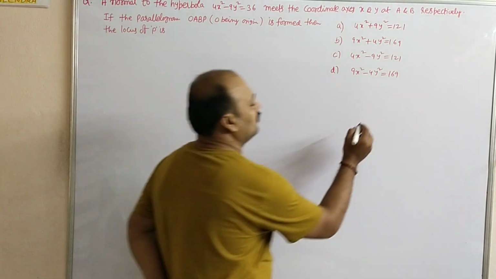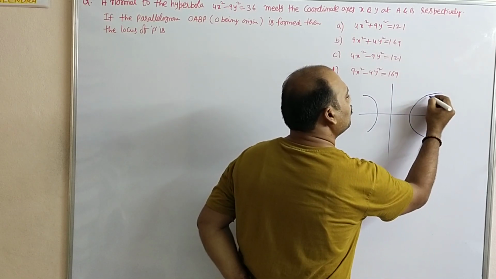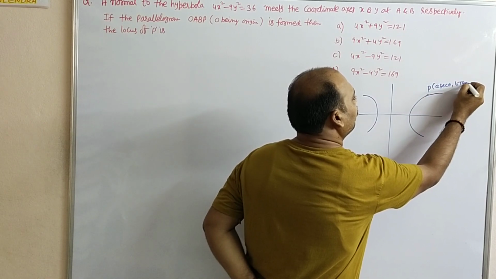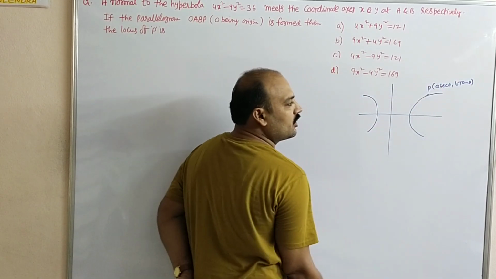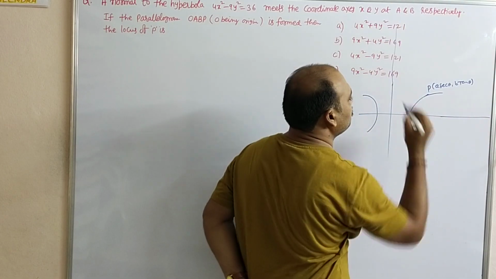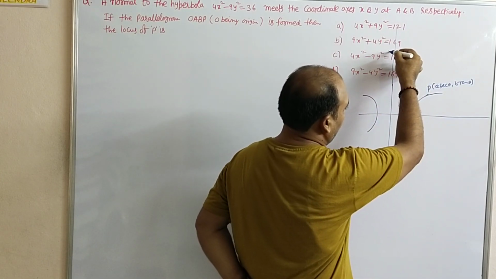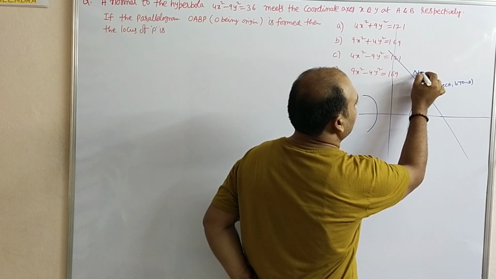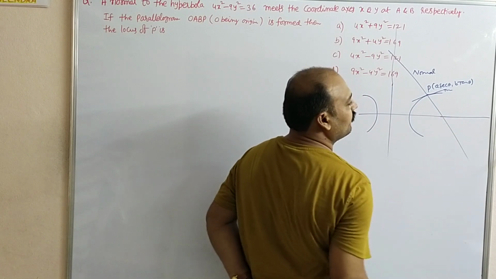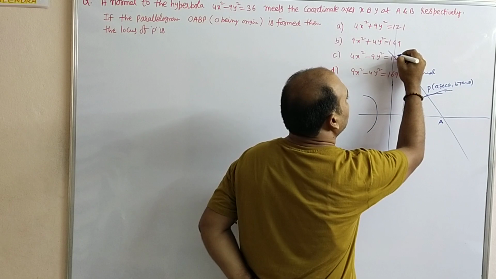So here just a rough figure. This is the hyperbola. Here some point we will take it. P of theta, (a secant theta, b tan theta). At this, the normal equation we can draw that. Normal equation, just you have to extend like this. If it is a tangent, obviously it is a normal. This is a normal equation. This is a tangent. Normal equation which meets x and y at A and B respectively.